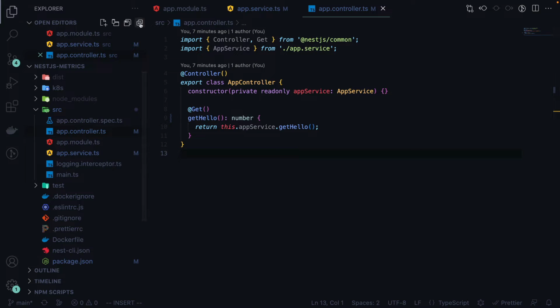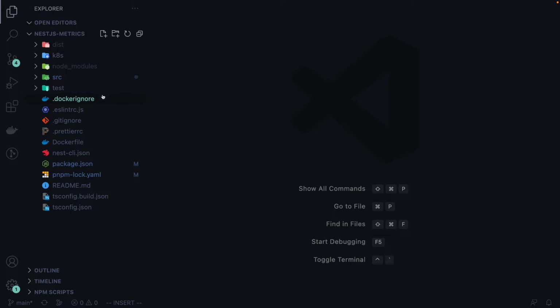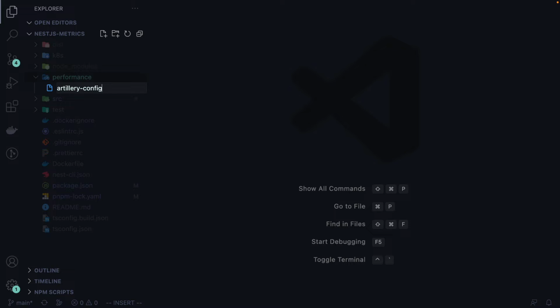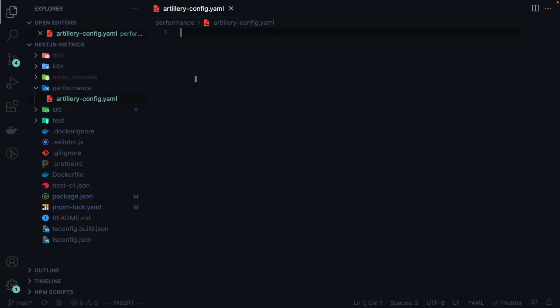So now that we have Artillery installed, let's set up a configuration file that will tell it how to run. I'm going to create a new folder in the root of our project called performance, and inside we will have a simple artillery config.yaml, and inside of here we're just going to specify the bare bones for telling it how to reach our server. To do this, we'll provide this config key, and inside of here we'll have a target, which will be the actual URL that we're going to hit. So to start off, we're just going to hit the local Nest server at localhost 3000,